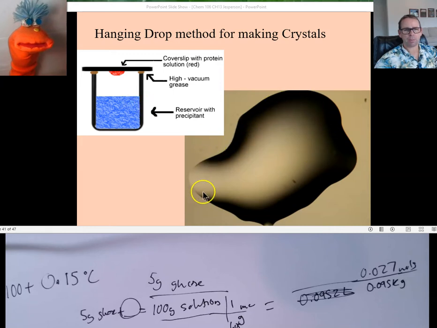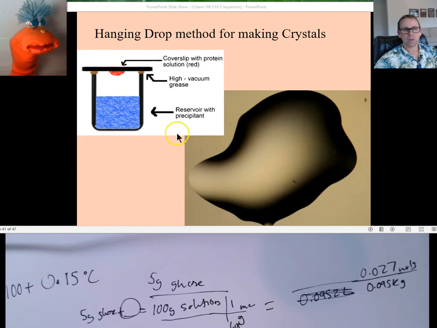So here is a drop, and this represents this little red drop on top of this cover slip. What we have here is what we call the hanging drop method, and we have down here a reservoir that is relatively high in solute. Here we have a drop of solution that's relatively low in solute compared to the reservoir. And so what happens then, as water molecules leave here, there will be an equilibrium in which they'll be able to come back, but because this is a higher concentration of solute, more of the water molecules are going to want to gather into this